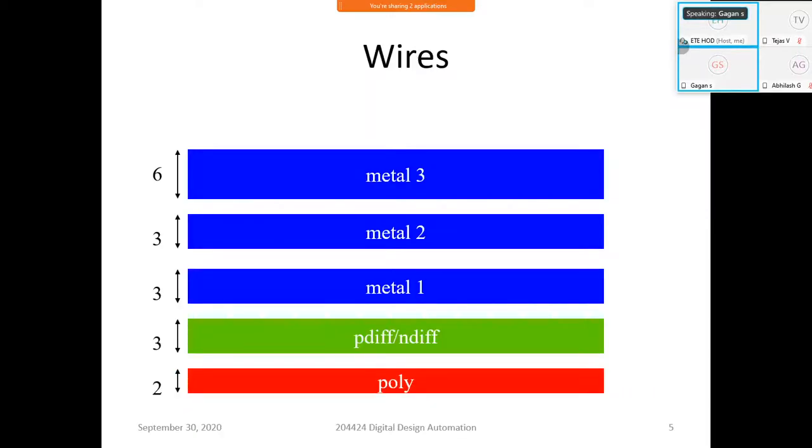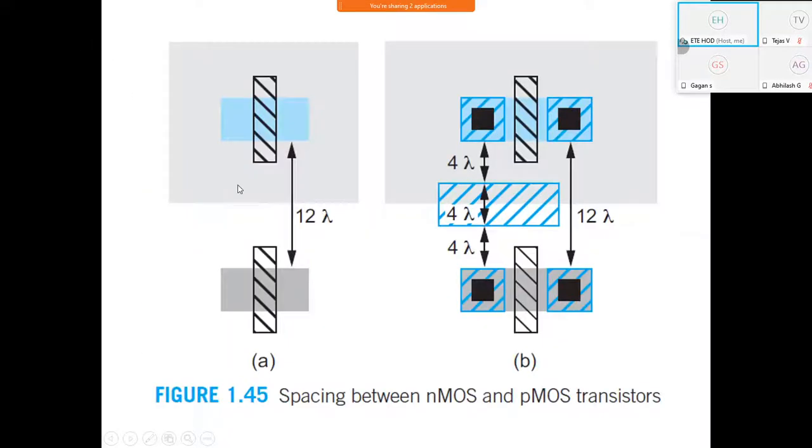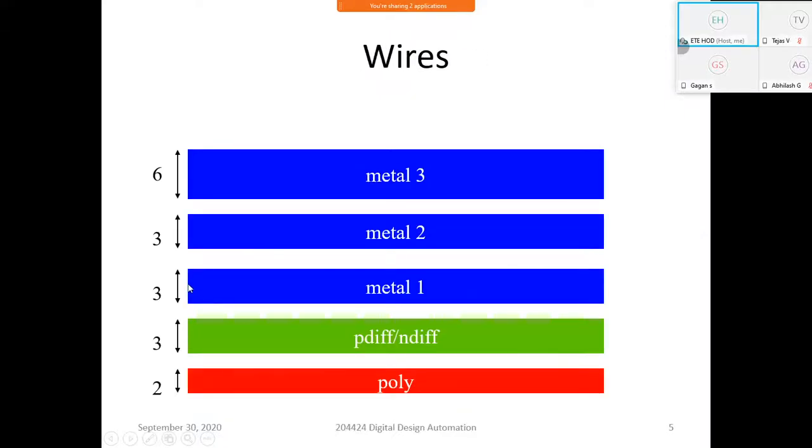Okay, next. Now we can see this is how the minimum dimensions are. The poly should have minimum 2 lambda. The N diffusion, P diffusion should have 3 lambda. Metal 1 should be 3 lambda, 6 lambda. Maybe in one slide I had it as 4 lambda, maybe in this slide 3 lambda, so it's not very specific. You simply write 3 lambda, 4 lambda, because from textbook to textbook it will change. It doesn't matter. But as the metal layers keep increasing, this dimension is more and more. It is 6 lambda; if you go for metal 6 or metal 7, it is something like 8 lambda.